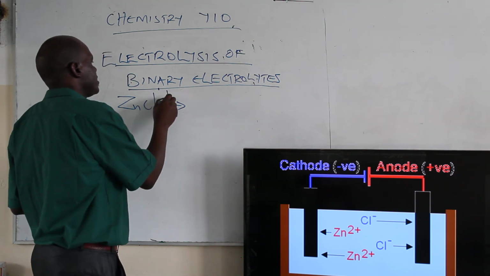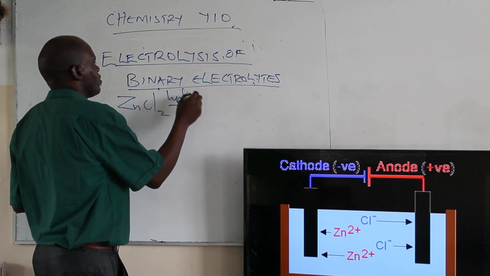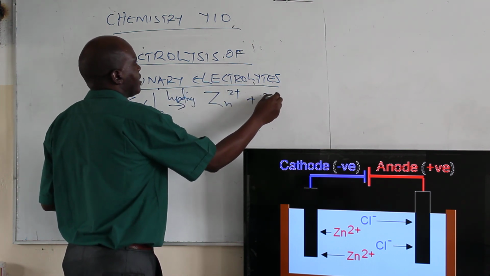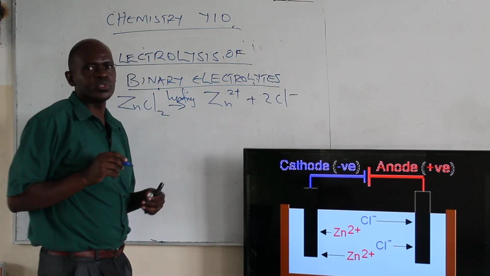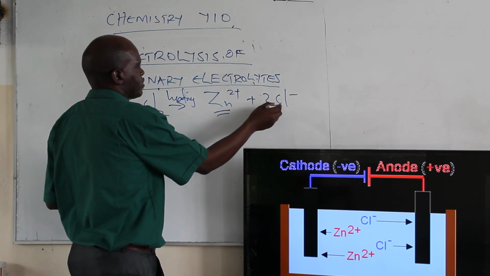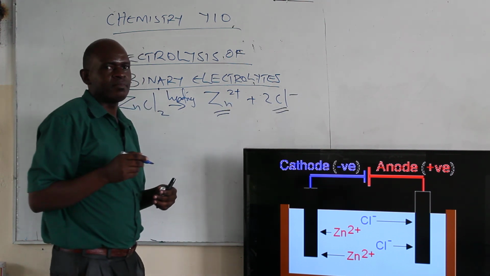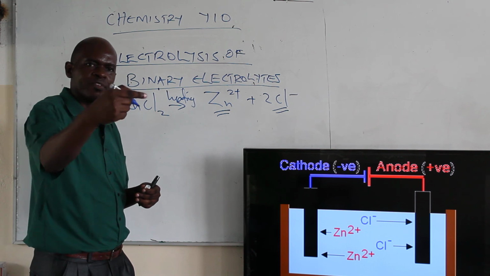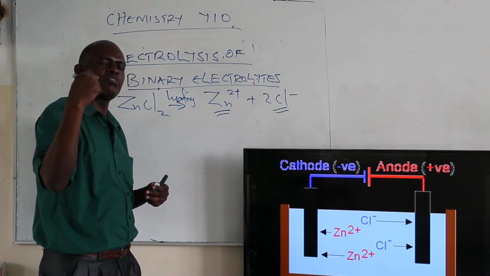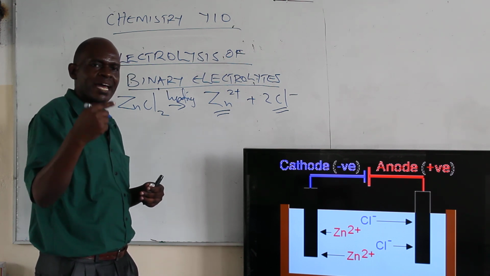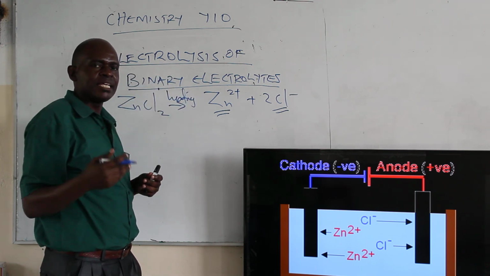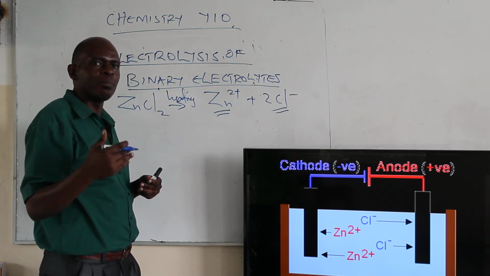So upon heating, we have zinc ions which are going to be formed and chloride ions which will be formed as well. So these two ions mark the beginning of the process of electrolysis. Remember that this is the decomposition of an ionic compound by the passage of an electric current. When we talk about binary electrolyte, then the electrolysis process is the decomposition of an